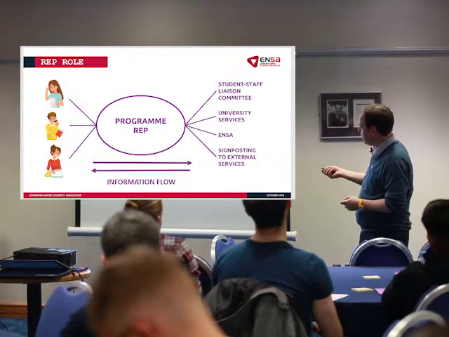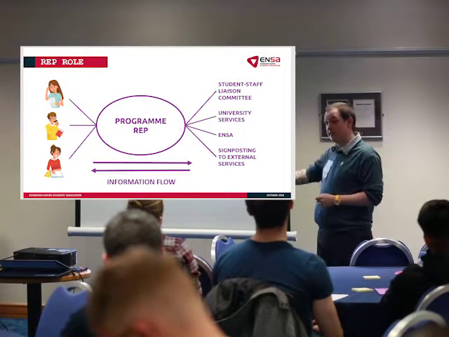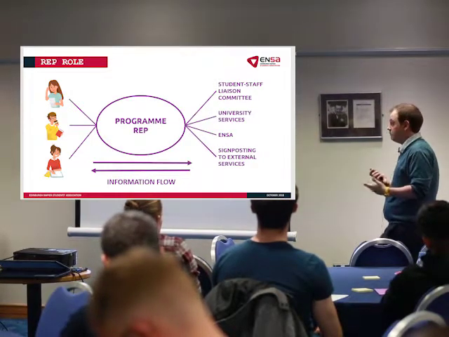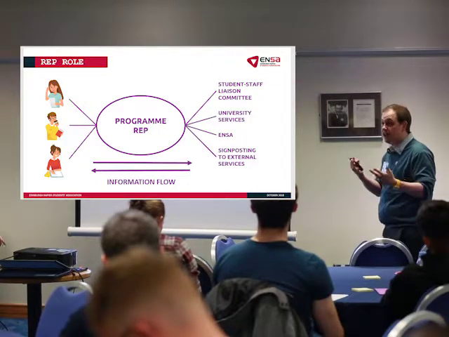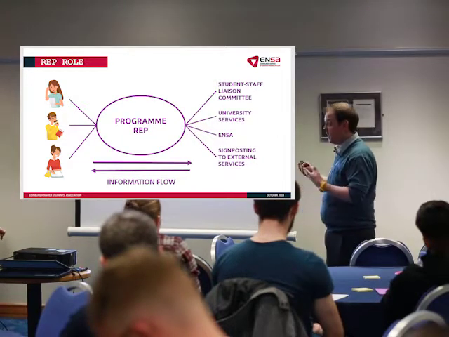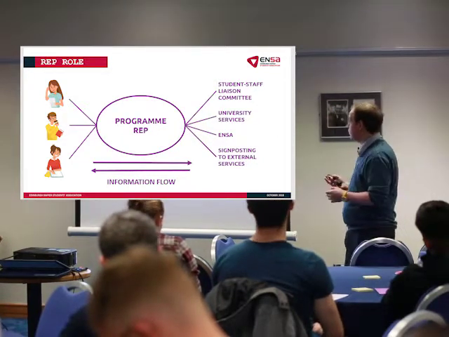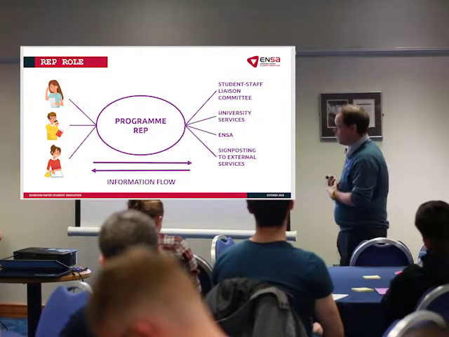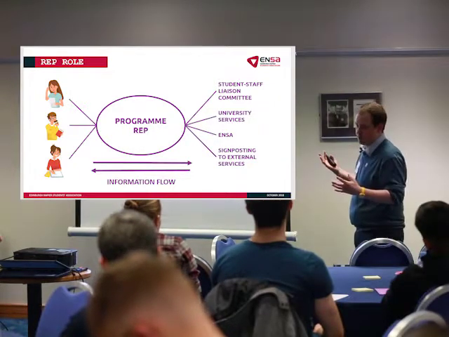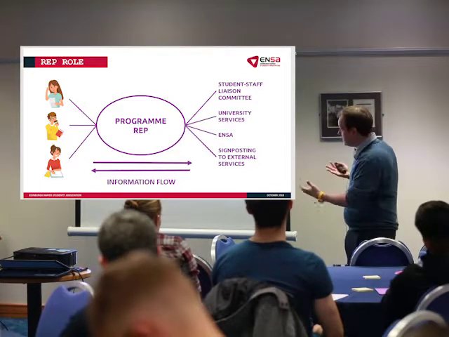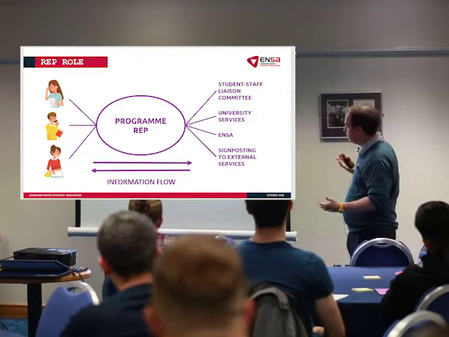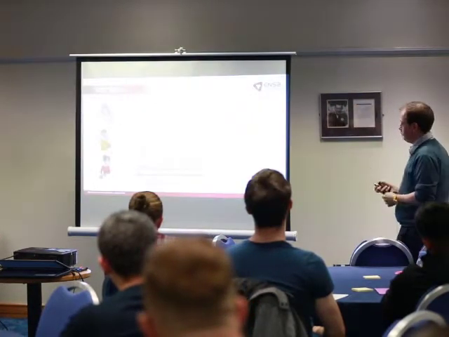But I think it's really important to say you're also there to make sure that the information flows in the other direction. If you go to a student staff liaison committee and you find out from the programme leader that there's going to be a change next term in the programme, then it's your job to make sure you have a way to tell the students that, to feed back the information that we've got from academics. Or if you go to university services and say there's not enough books for our course in the library, and they say those books would cost £10,000 to get enough, and unfortunately we don't have the budget, it's your responsibility to let the students know that it's a budgetary issue, it is incredibly expensive. So you're there to make sure the information flows in both directions.